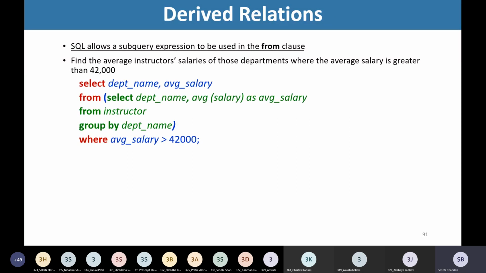So what we are going to do here is select department name, average salary from, and in the from clause we are deriving this temporary relation.